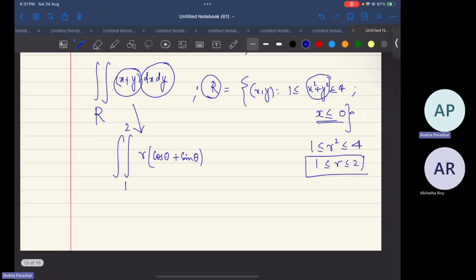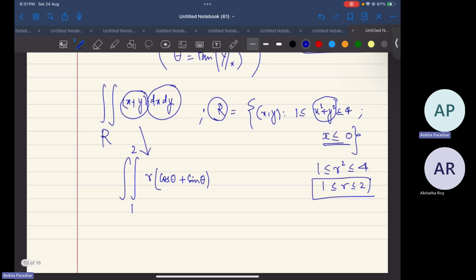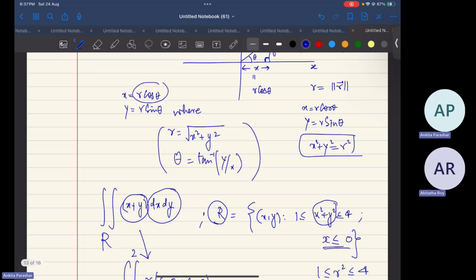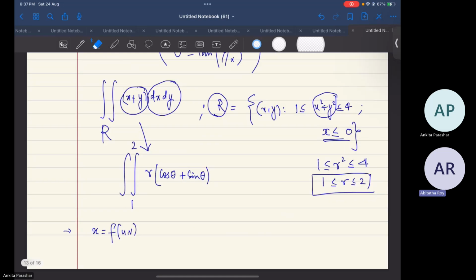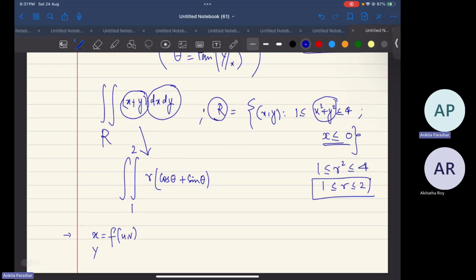Okay, here is the thing. Maybe you keep doing. If you get something, tell me. Otherwise, here is the hint. If you change certain functions, let's say I write my x as a function of u and v, if I'm changing the parameters, just like I'm writing x as a function of r and theta here, it's a function of r and theta. You agree, right? Suppose I change a certain variable in terms of another function. Then remember writing dx dy is nothing but